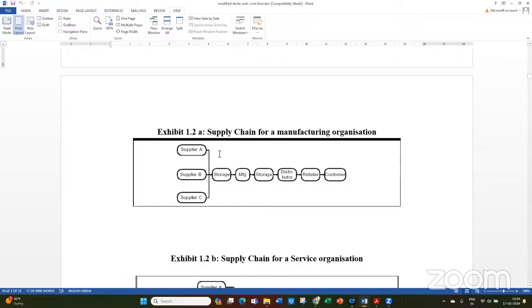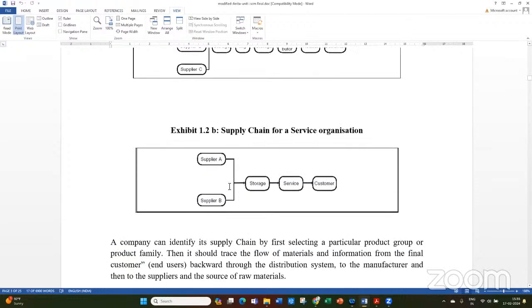Then you don't have this manufacturing facility. Suppliers may be supplying from a manufacturing facility, but they're not part of it. Say two suppliers, A and B, then storage will be there. So these suppliers will be supplying finished goods only, like a trading company. So based on the customer demand, suppose you want